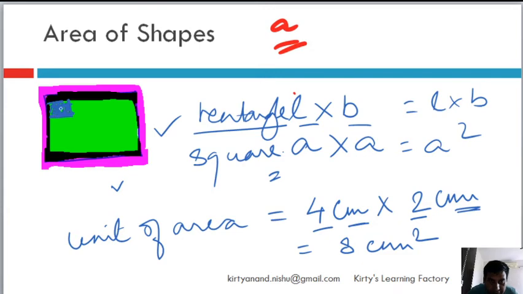Okay, therefore the unit of area will always be square of a unit of the length. So keep that in mind. What you should also keep in mind is that while you are trying to find out area or perimeter, just make sure that all the lengths are in the same unit. Either they are in centimeters, or they are in meters, or they are in millimeters. Don't make one thing a meter and the other thing a centimeter. Okay, so you need to have both in the same unit.